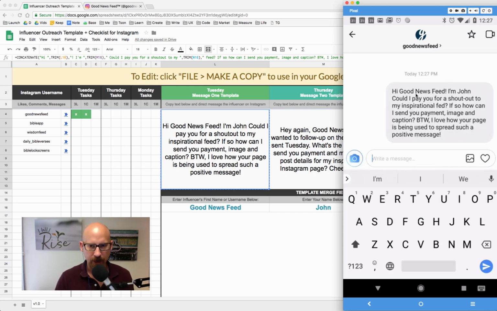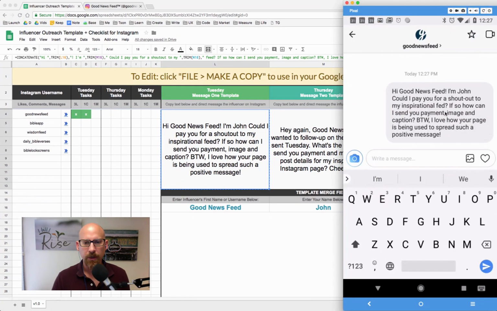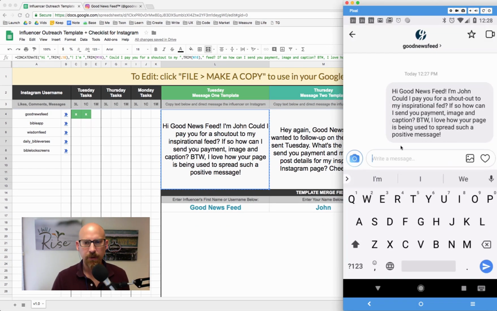It looks like I typed that at hyperspeed, but really it was me just pasting in that message from my desktop to my mobile app, which is mirrored onto my desktop. So all I did was copy, go into the message, and paste this message to Good News Feed. That way I don't have to type it out every time, which saves a ton of time.